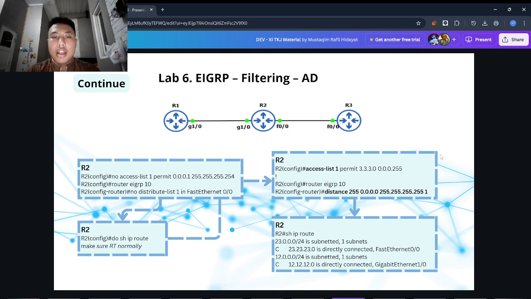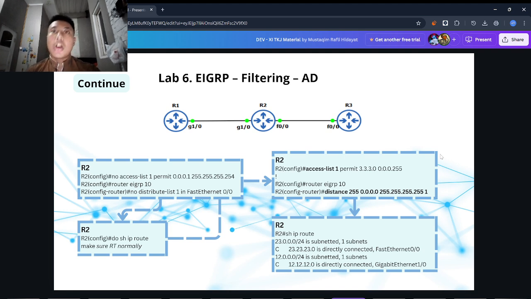In the topology explanation, the network has three routers. You already know about the topology, right? We have Router 1, Router 2, and Router 3. Each router has its own LAN network. Router 2 is in the middle, exchanging routes between Router 1 and Router 3.